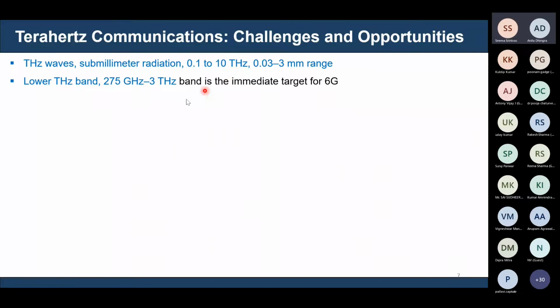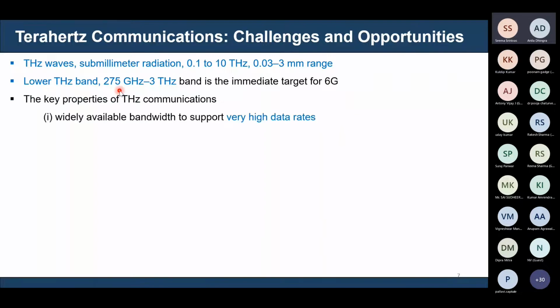Correct. So what is targeted first is the lower terahertz band. Why? Because CMOS chipsets are available right now. The primary versions of CMOS chipsets are at around 275 gigahertz. The initial front ends are available for 6th generation. They are very expensive, but they are available. So what are the key possibilities? At the higher terahertz frequencies, we get very high data rates, in terms of 1 terabit per second, which is very fast. But it comes at a cost. The path losses are very high at higher frequencies, so the range of transmission